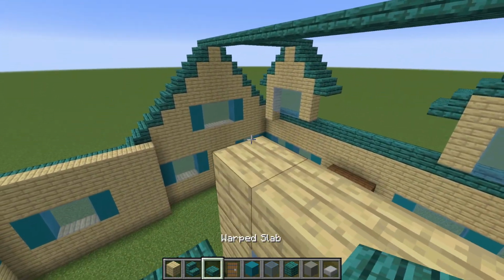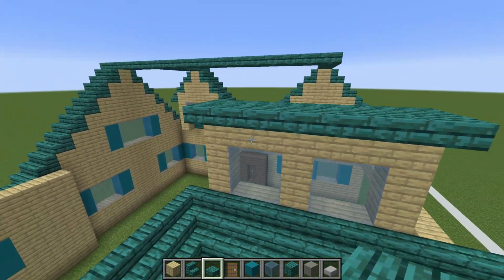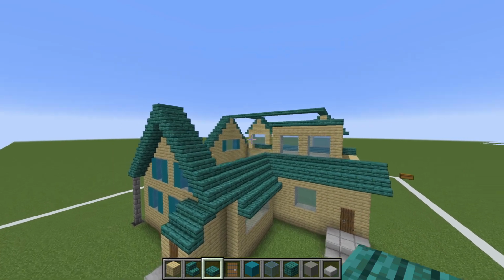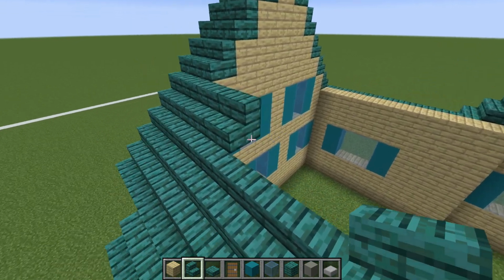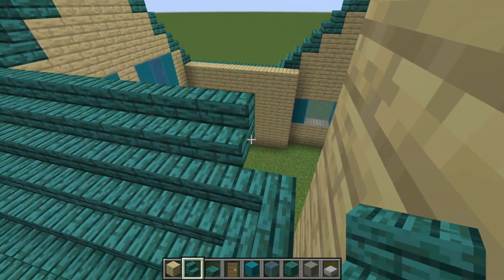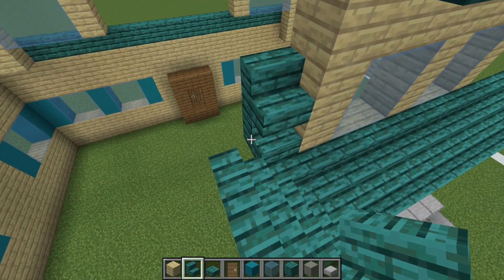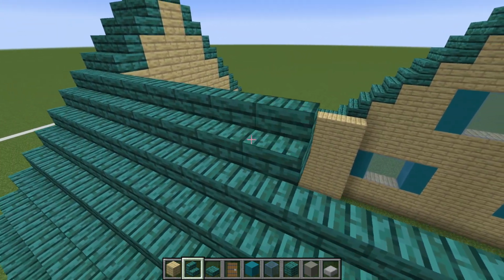So ultimately, we will want to place warped slabs on top of this, extend this forward like so, and everything will be great. But I actually want to make a little part of the roof now, because this is such an easy part for me to forget, this next part that I'm going to show you. So I want to extend the roof inwards from the back. We don't have to do the rest of it at the moment, but I want to extend the roof inwards